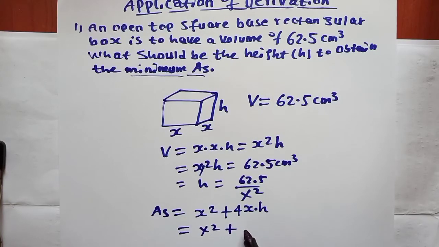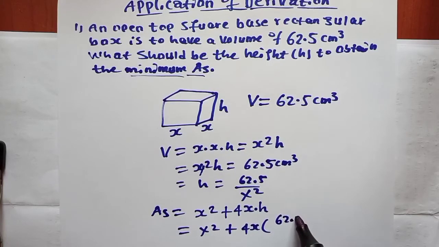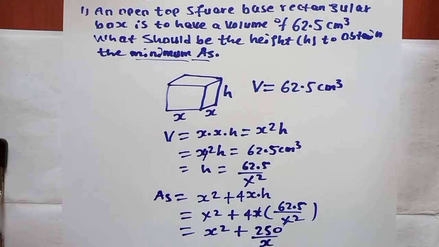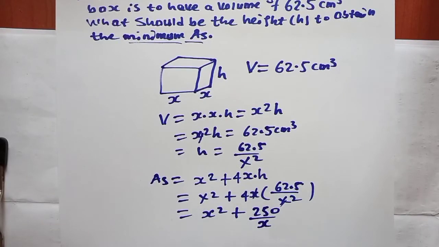Which is equal to x square plus 4x into, substitute this one, 62.5 divided by x square. Simplify x, 1x, which is equal to x square plus 4 times 62.5, which is 250, divided by x. Now, to get